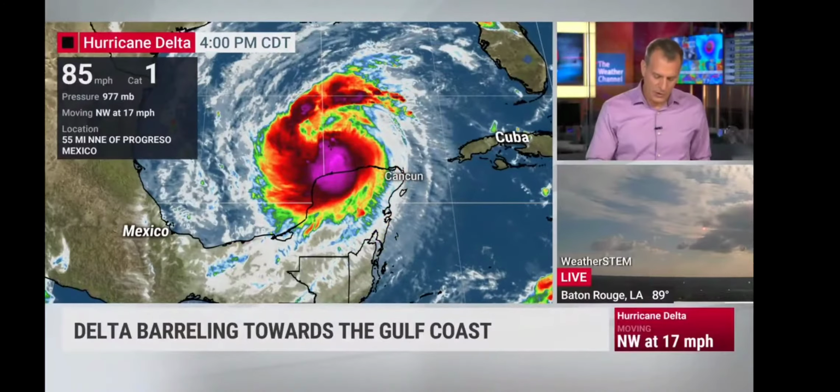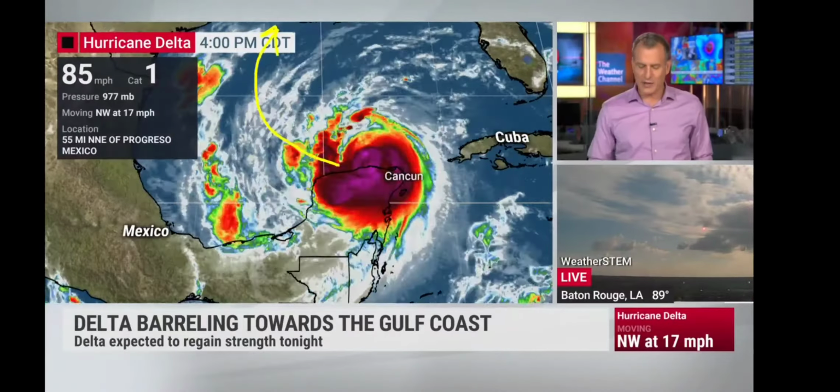And we're going to watch it drift its way here to the northwest a little bit more, then eventually take a track more to the north here. So we'll show you that forecast cone. Not a lot has changed with it over the last 24 hours. It's basically locked in at this point, but we do anticipate going back up to, tomorrow night or Friday morning, a Category 3 hurricane. So it's going to go right back up again, folks, and then that's going to gin